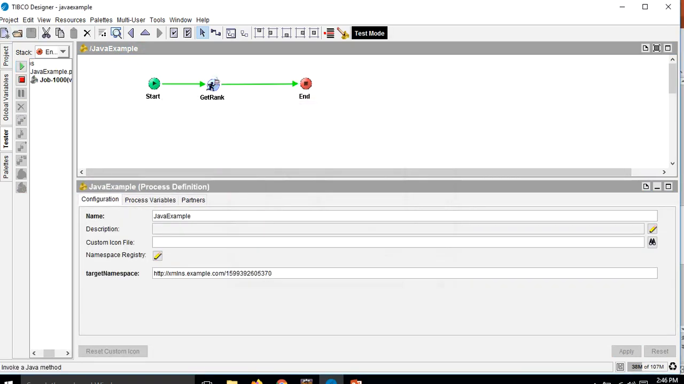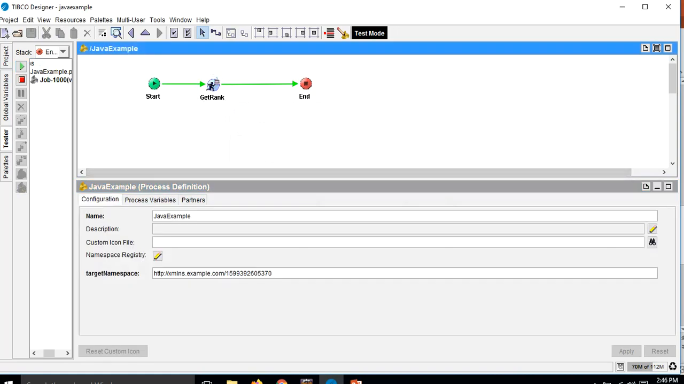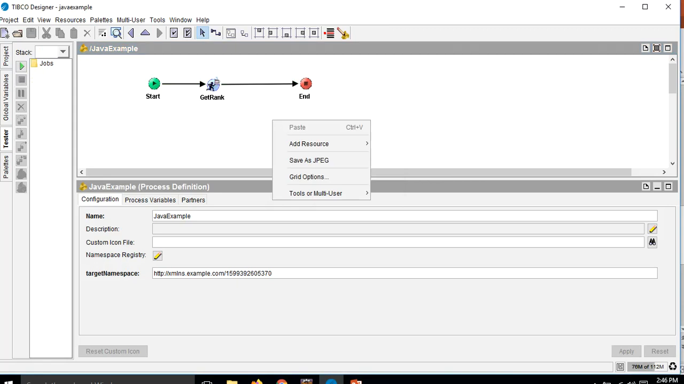So we should be receiving the response as high. So the return parameter for the rank should be high. So you can see that in the output, we received high. So this is how we call the first method, which is a simple method, which is returning a string. Now we want to call the second method, which is going to return us an object, the object of user